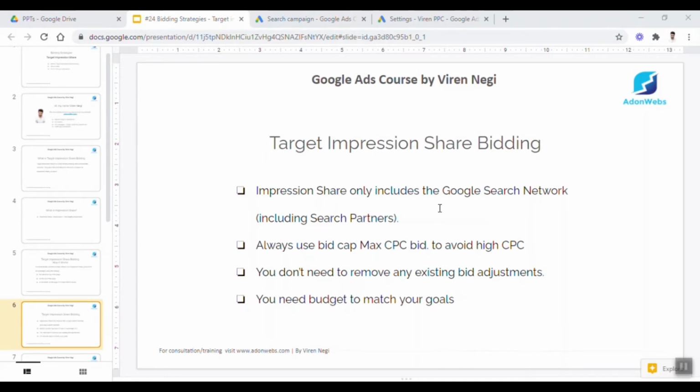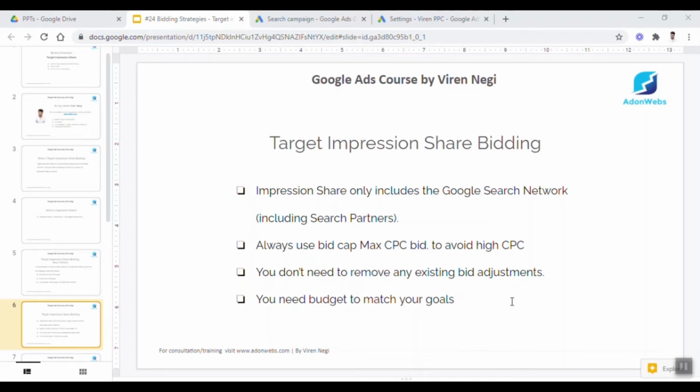Target impression share bidding works on the search network, including search partners. I recommend that whenever you use this bidding, always set a max CPC if you are bidding for absolute top and top of the page. Otherwise you will be paying a high CPC. You don't need to remove existing bid adjustments, as it will ignore them.